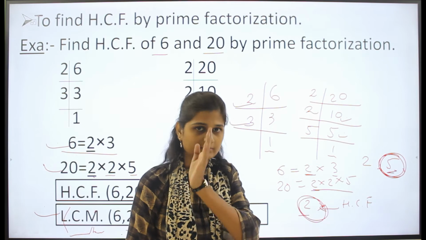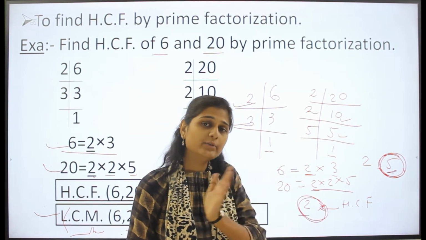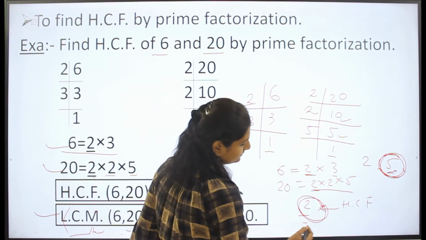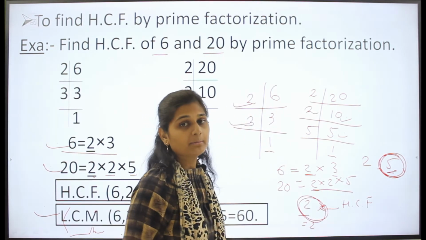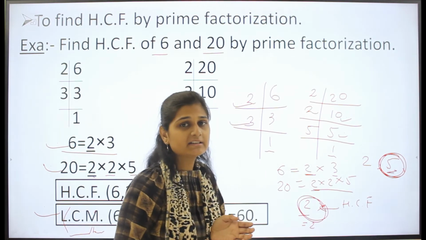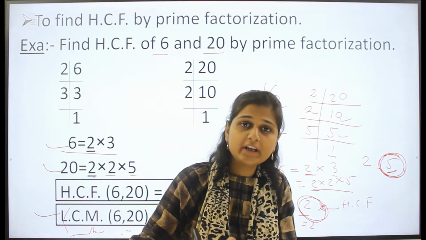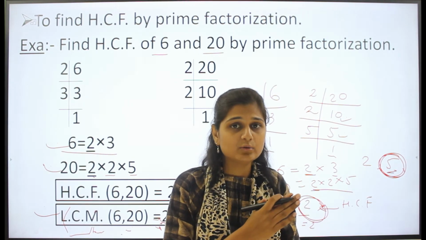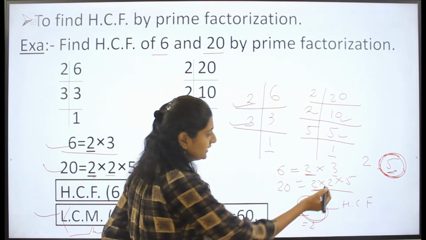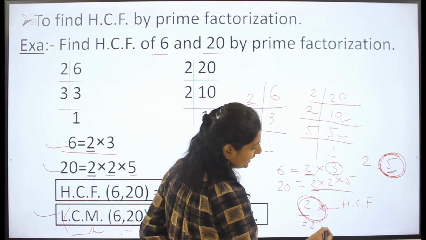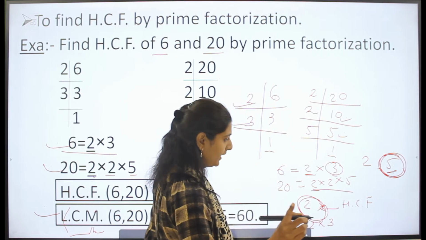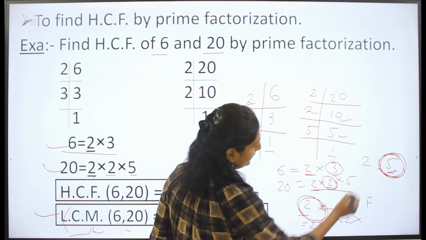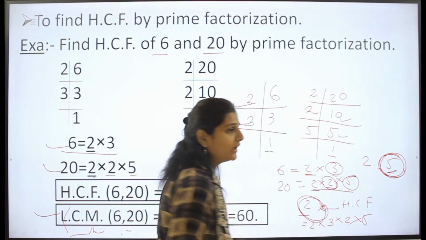So multiples we have taken, then you have to take the common values. Okay, so here the common value is 2. But here you have to take the common values and also whatever remaining values are there. So here the remaining values are: 3 is remaining, that is coming only one time. Again 2 is coming only one time. Again 5 is coming only one time.